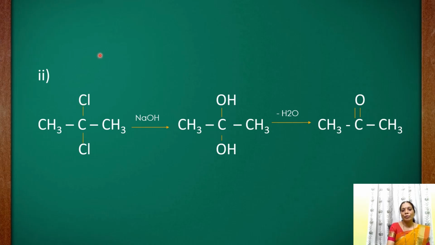Therefore, for this question, students, the answer will be, just see the question here again, gem dihalides on hydrolysis produce. They have given aldehydes only, ketones only, aldehydes and ketones. Therefore, option C, aldehydes and ketones, is the final product formed. Option C is the correct option. Okay, aldehydes and ketones.